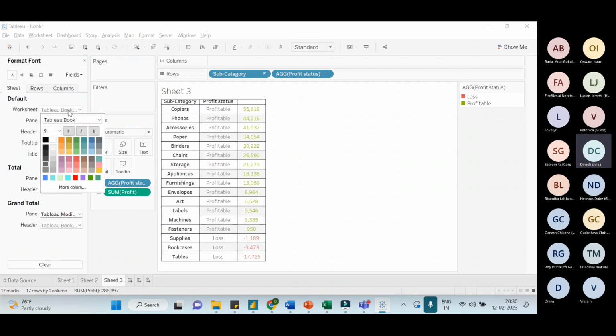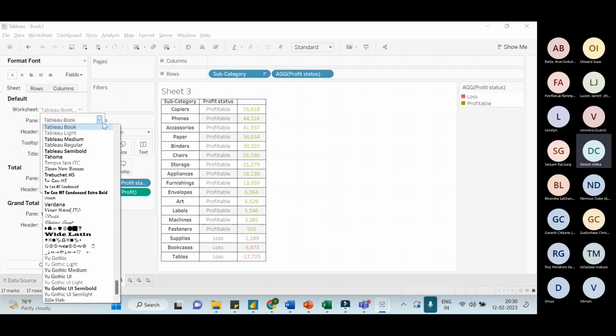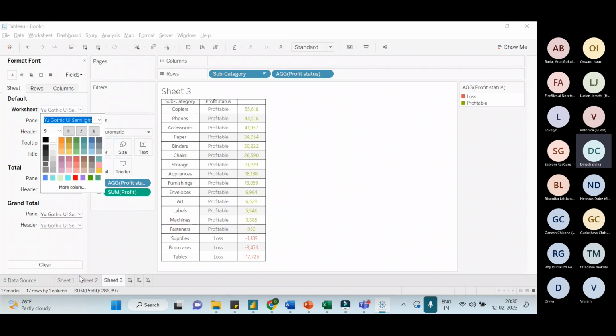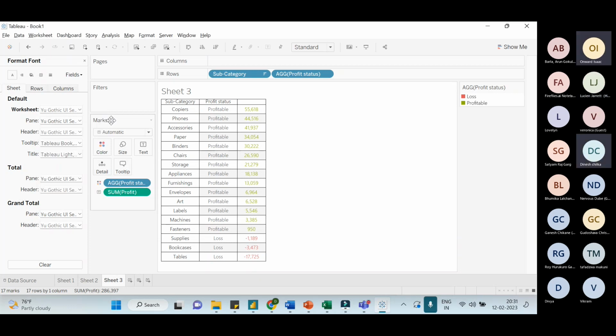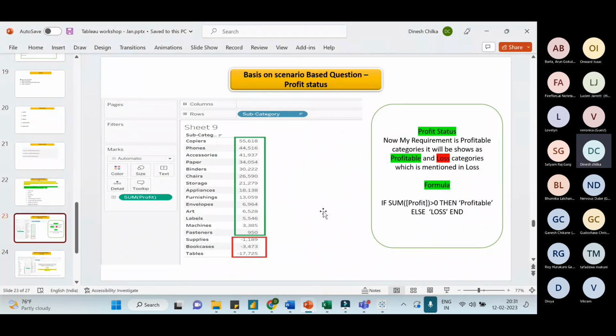So, we can choose which font we want in the Tableau book. Suppose I change the font itself. The font is looking good, right? This font. Guys, please respond. Yes, yes, yes, it is. So, fine, according to my requirement,